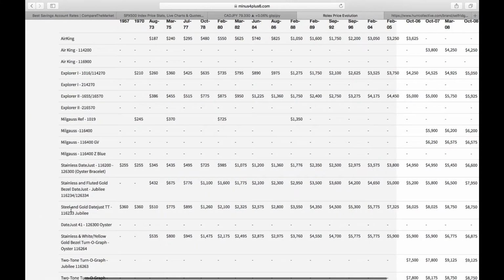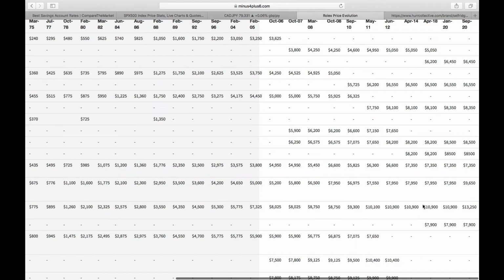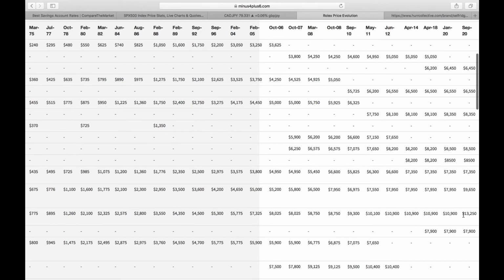For example, the steel and gold Datejust TT. Back in January 2020, only a few months ago, near enough $11,000. Now, September, 5 months later, $13,000. These are personal passions though. If you like watches, you're a collector, and you're someone who likes to look after things, then by all means,